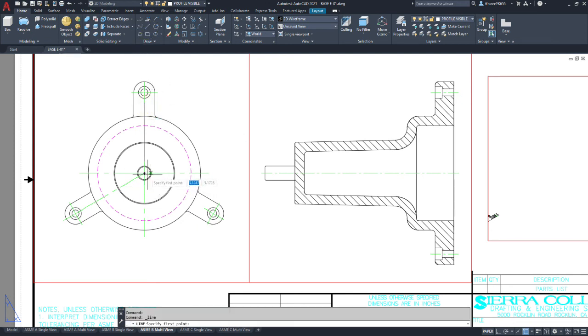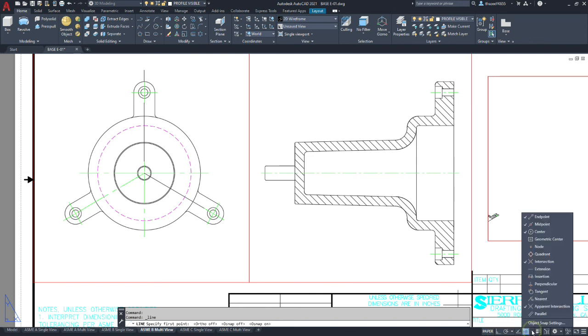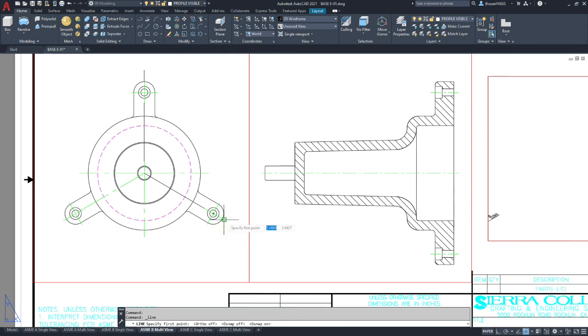We're going to go from center to edge of center mark, and then we're going to go from center mark with ortho on straight up, and then we're going to do another line with ortho off, but we're going to turn on extension of this center line out.